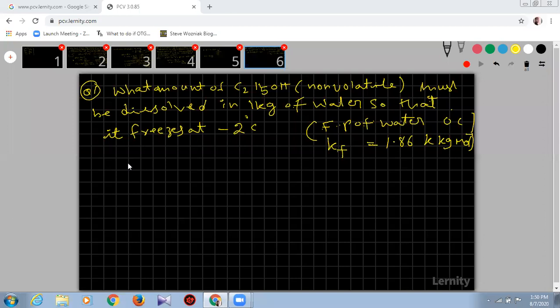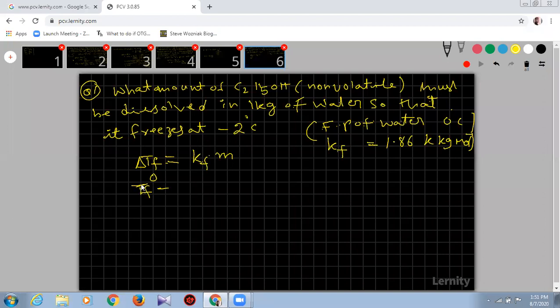So delta TF is equal to Kf into molality. So delta TF, how much here? Okay, freezing point of water. Delta TF is equal to depression in freezing point. That means initially the solvent will have more freezing point, that means TF naught would be more. Whichever value would be more, that only we are supposed to take first. If the solvent is more, then you take the solvent first. If the solution is more, then you take the solution first. So elevation in boiling point means the solution boiling point is more, that's why we took TB first.